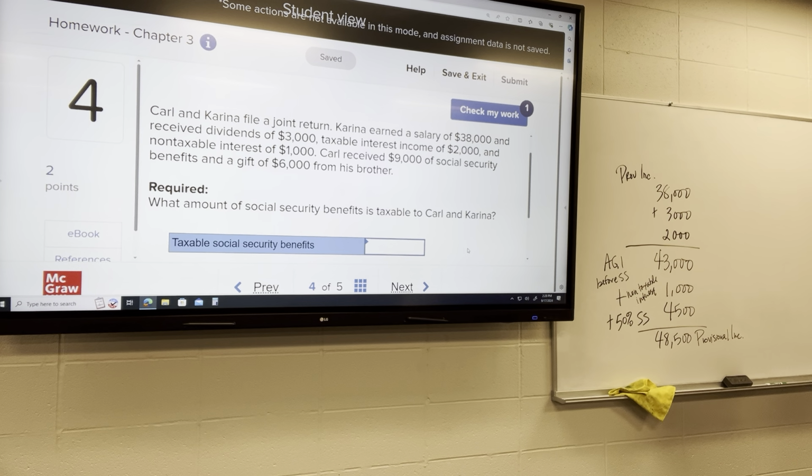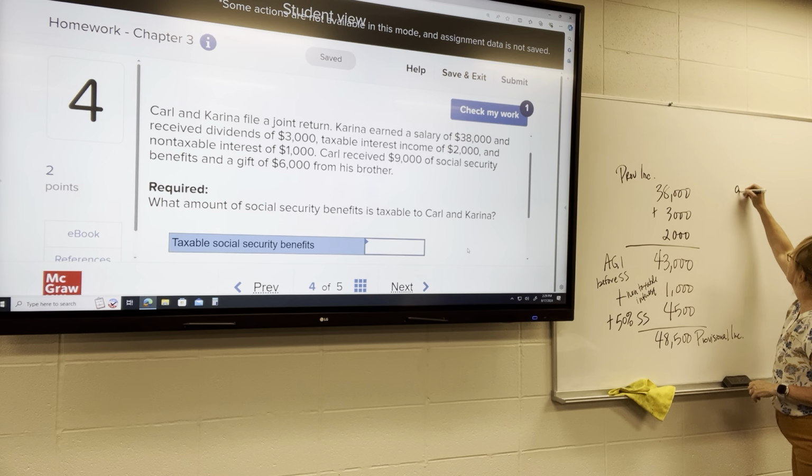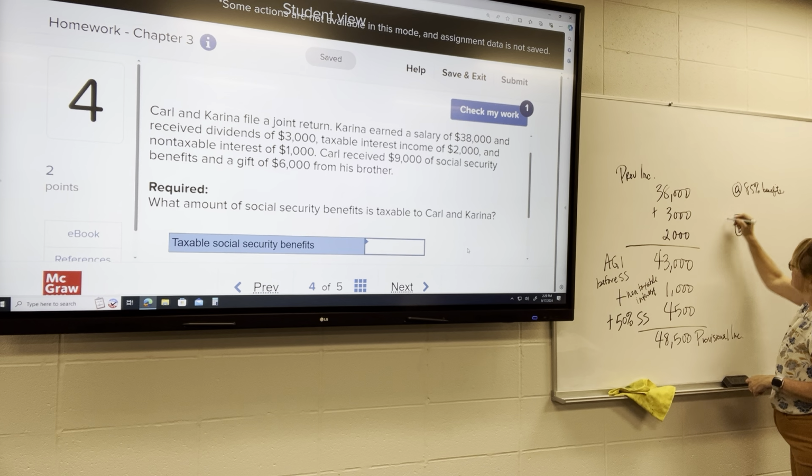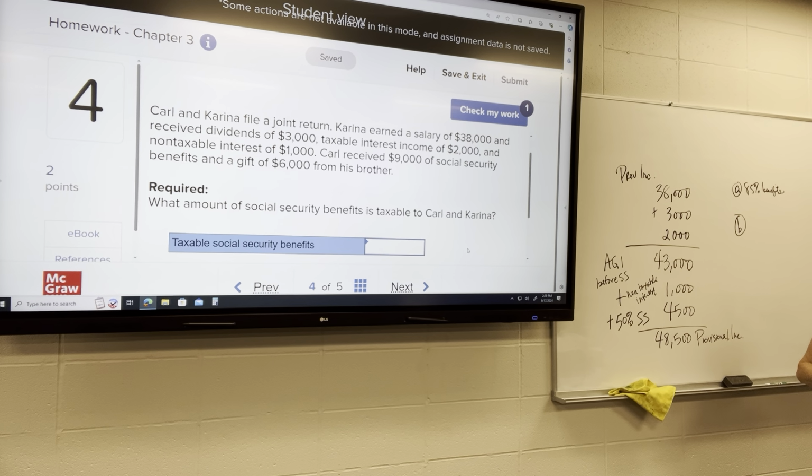So our upper limit is 44,000, which means that the taxable portion is the lesser of part A, 85% of benefits, or B, the excess of provisional income over 44,000 plus 48,500 minus 44,000, which is 4,500,